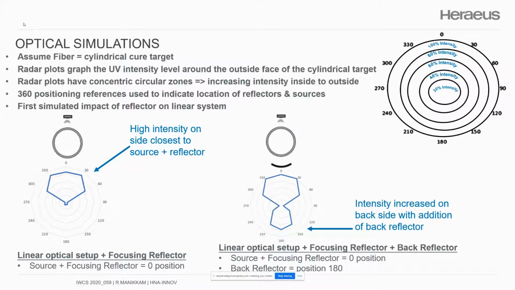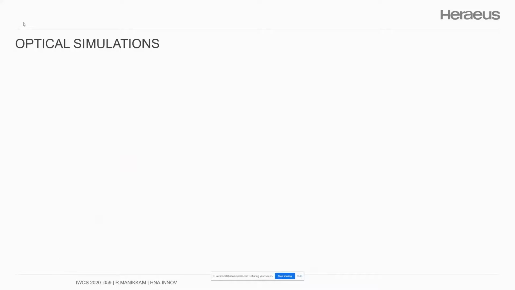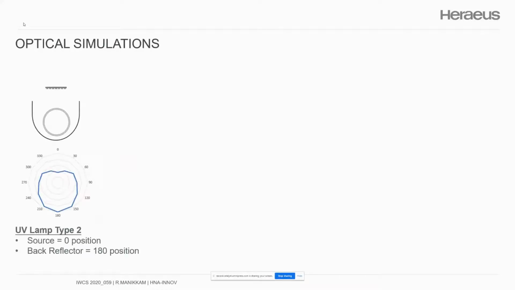And then again, now we can see that the back reflector is having an impact on the optical performance by increasing the intensity on the target, which is located in the center, on the back side of the target now as well. So definitely showing the impact that these reflectors are having on the intensity that is arriving at the target. So with that in mind, we went ahead and simulated our 3 different LED type configurations, starting with